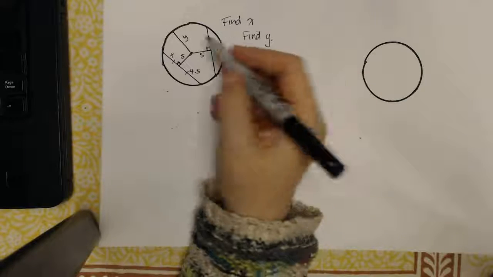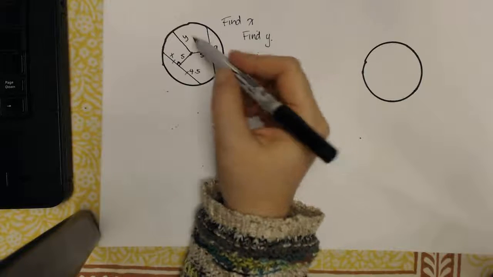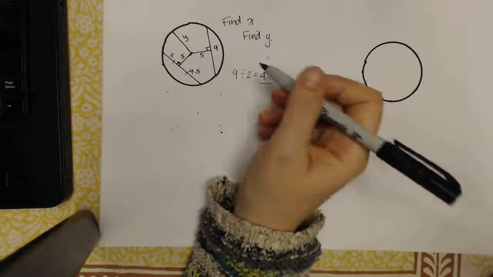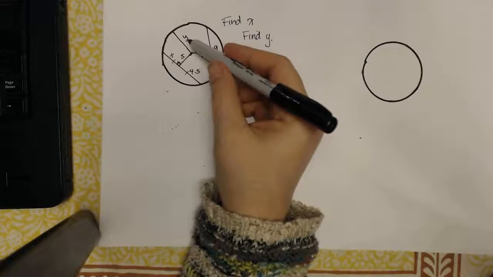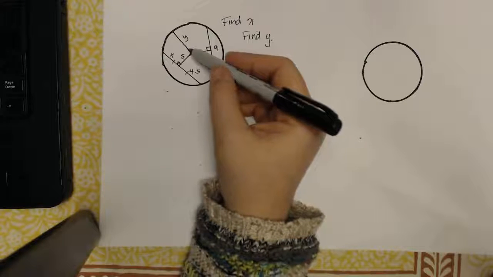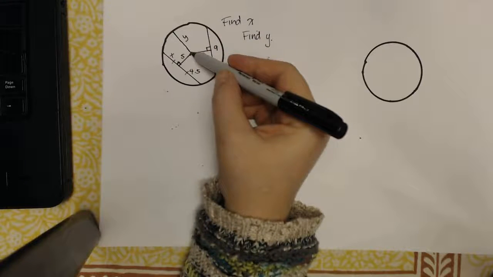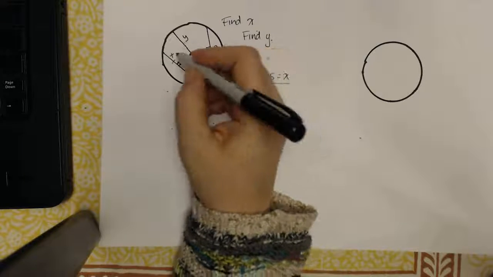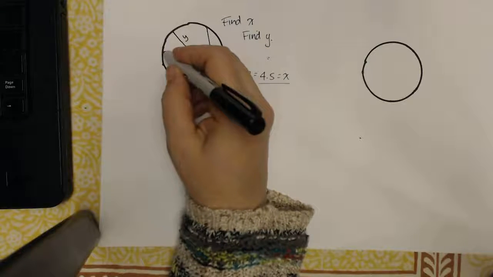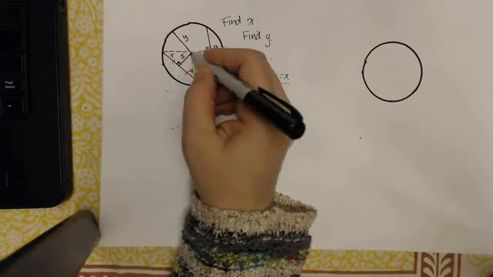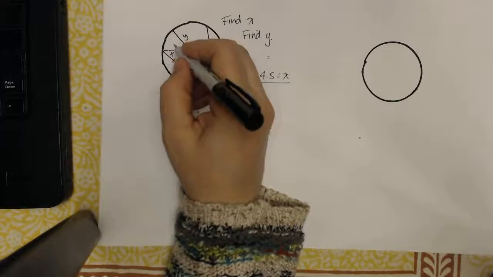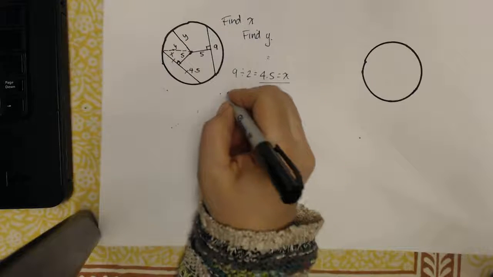So the next part asks us to find y. And this takes a little bit of reworking, a little re-hypothesizing. So when we think about this y, I need you to imagine that this radius doesn't just stay there, but can actually sweep its way around the circle. And I want you to imagine it sweeping over to this point. Now once that radius y has swept over there, what we're left with